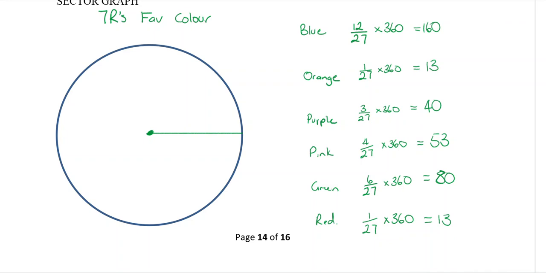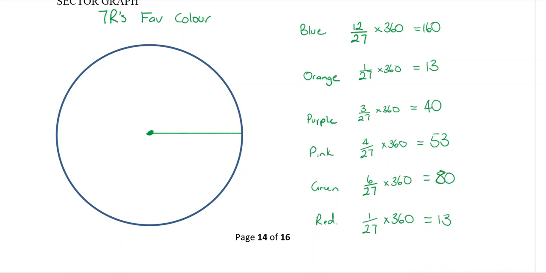Line your protractor up. Make sure that bottom arm is lined up perfectly. Find the 0 and come around to 160 degrees. So that's going to be there. Put a mark. Now, if your mark is outside your circle, because this is much bigger up here on my screen, you're going to connect with your ruler or the bottom of your protractor, and you're going to draw a line from the centre to your mark but stop at the edge of your circle. Even if your dot's out here somewhere, you don't have to connect it way out there. Just draw to the edge of the circle.